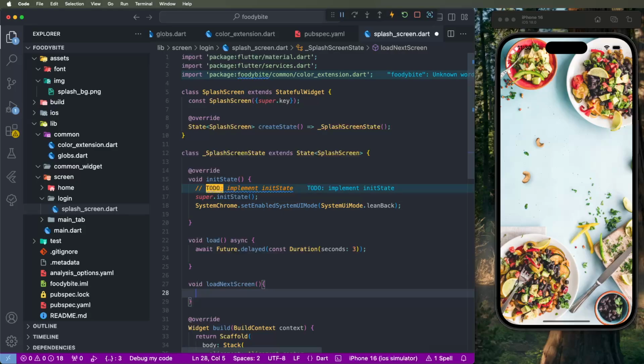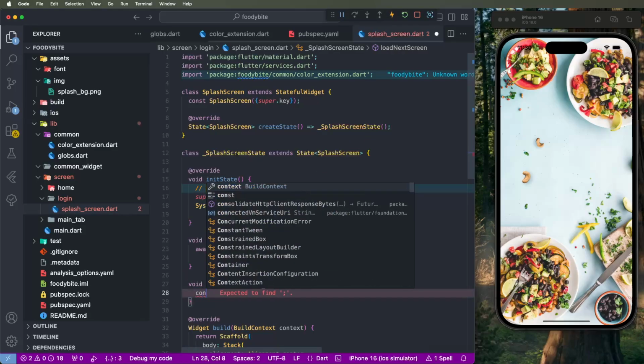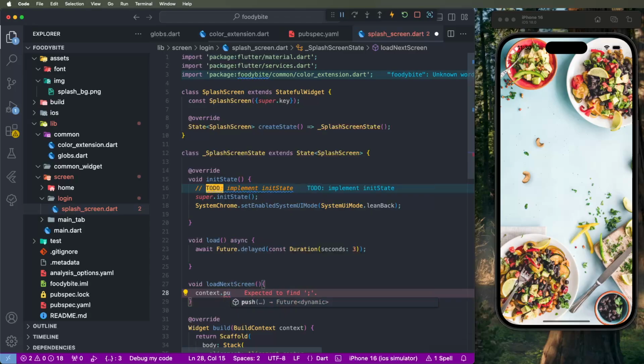And now we need to call the screens as context dot push extension methods. If you have not seen the second video in this playlist, first you need to see the second video, and then after that call these functions, otherwise you will get errors. See the second video, which explains in detail how to create these functions in context. Now the screen is temporarily not available, so to commit it